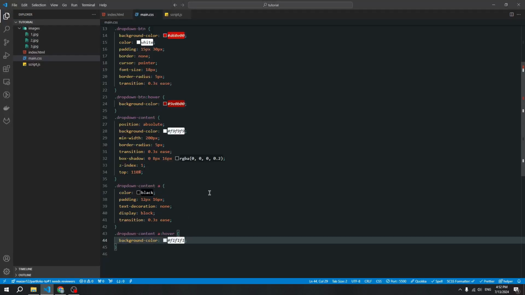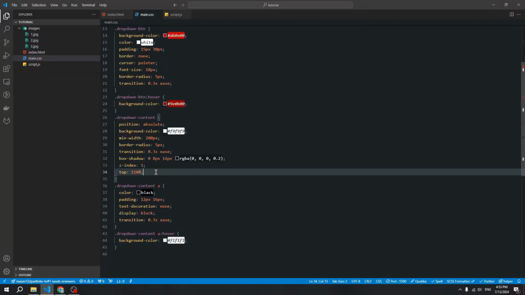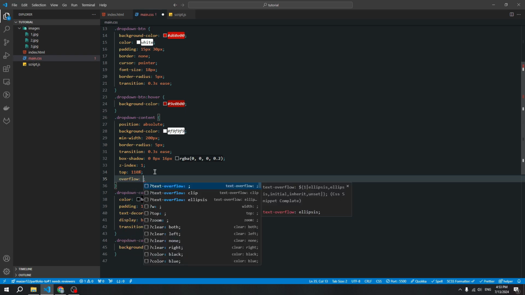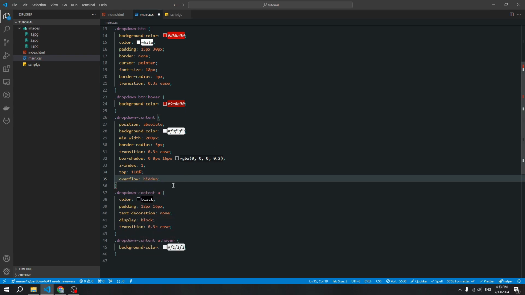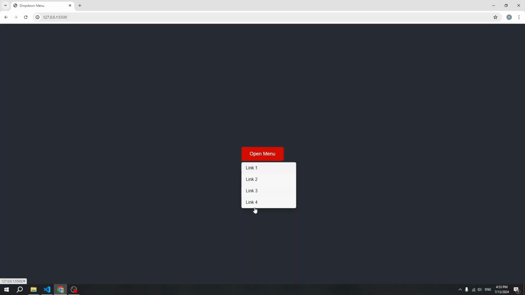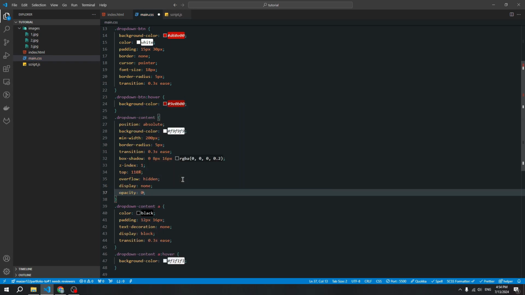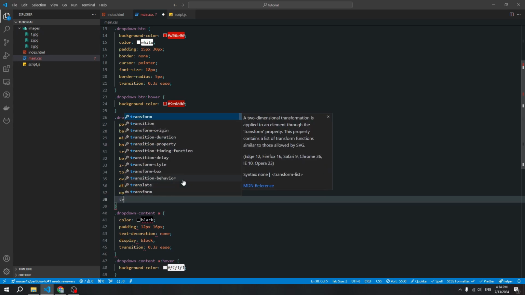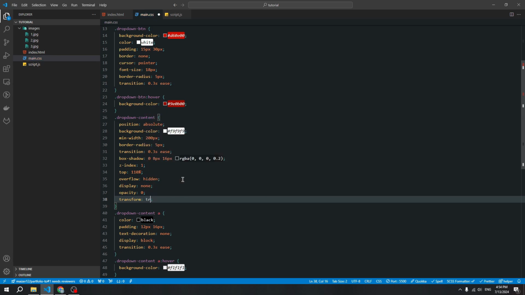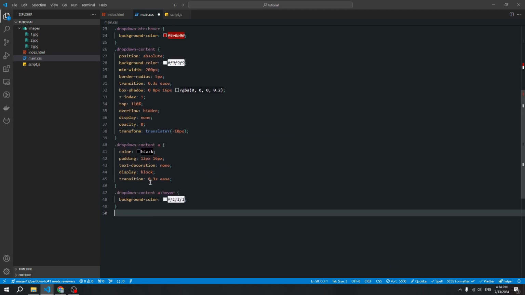And next step, let's add overflow hidden for our content. Create property overflow and add value hidden. Okay. And next step, we need to hide our element when our menu is closed. Create two properties, display none and opacity 0, and also create some small animation. We'll be using transform and translate and minus 10 pixels. Okay, and now create